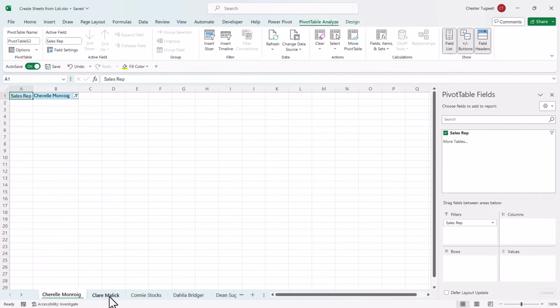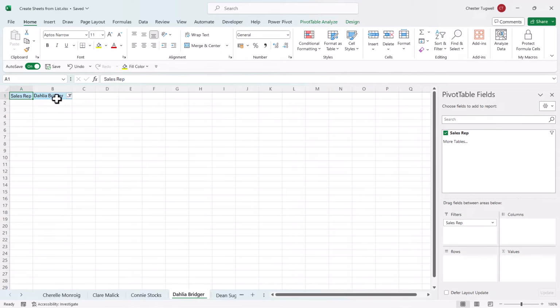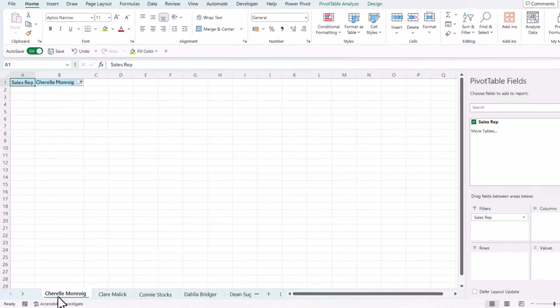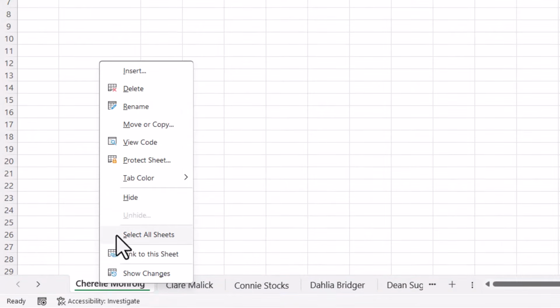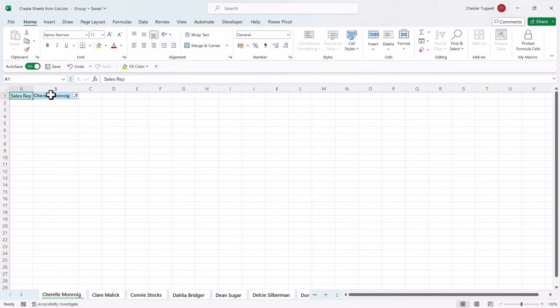There we have it. We now have a sheet for each name in the list. Now if you want to get rid of the text at the top of each of the worksheets, right click on the first worksheet and then select this option, Select All Sheets. Select the two cells that you can see data in, and that's at the top of the first sheet,